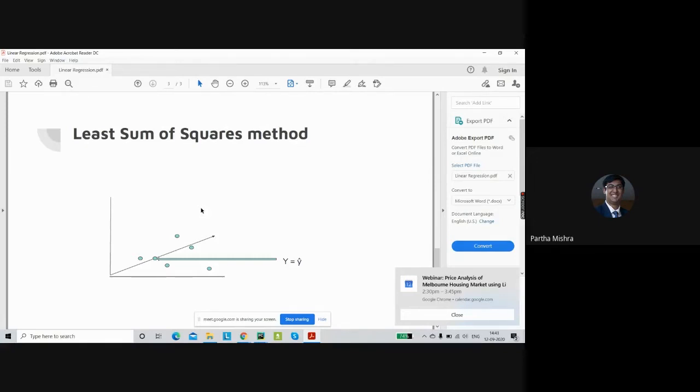Now we have an equation. In this equation, we will feed in the value of X. The model is then going to give us a predicted value of the price. The price which is given by the model is denoted as Y hat. This is the notation which is generally used: whenever we have a predicted value, it is denoted with the symbol hat.